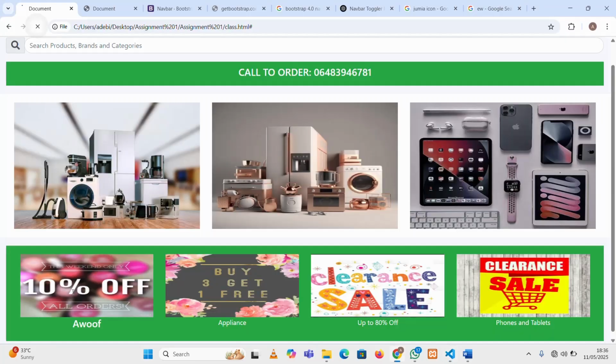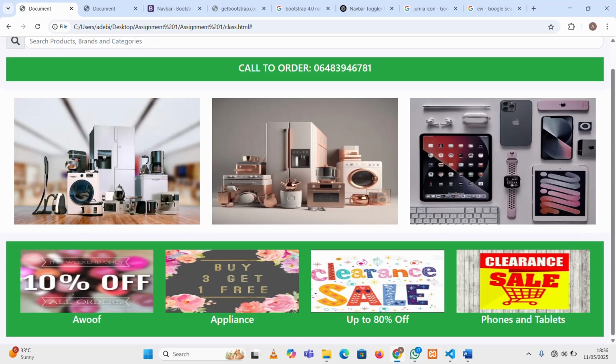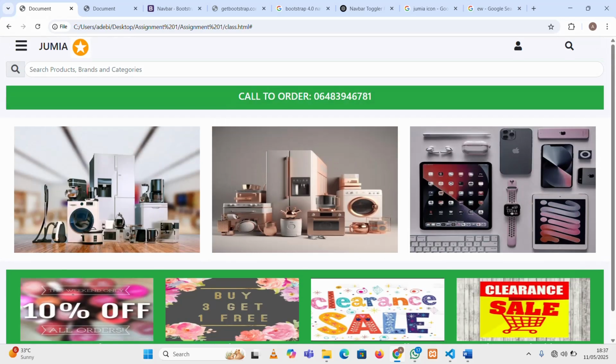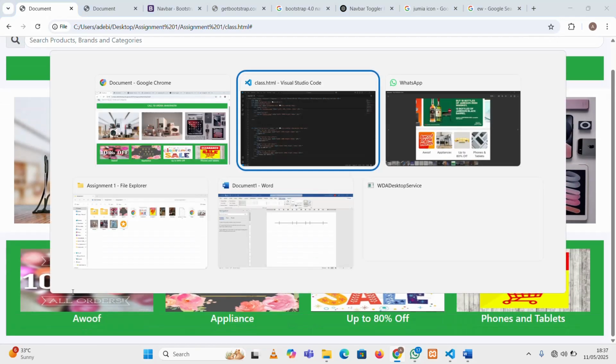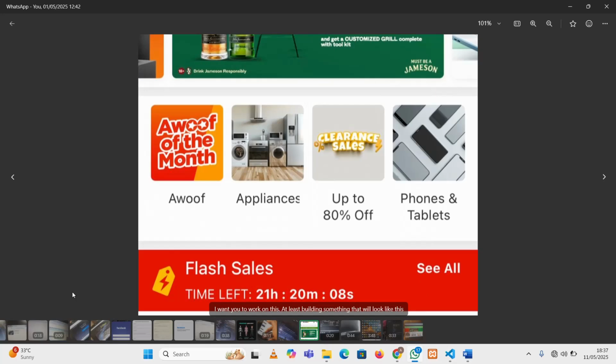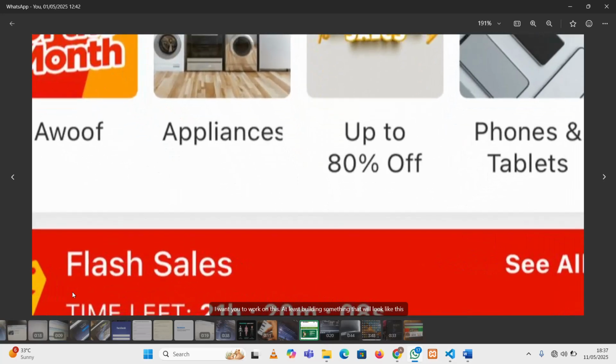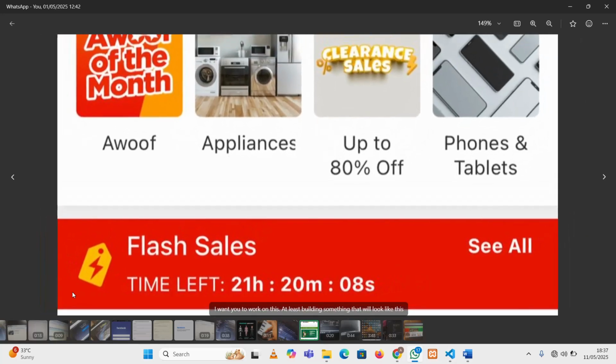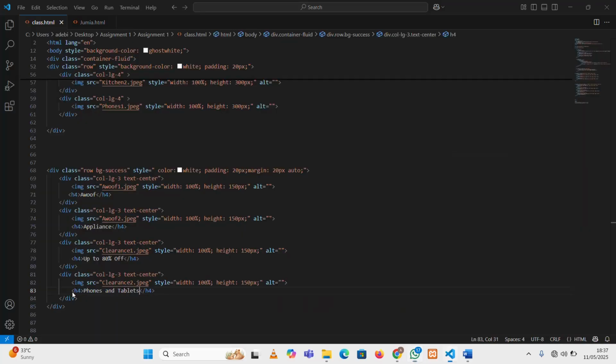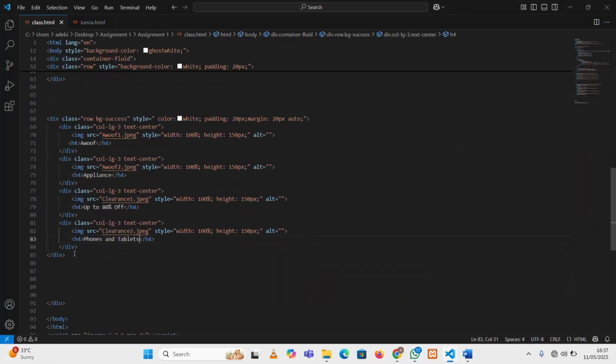So now let's come here to refresh. It's looking better. It now remains the last row here, this flash sales. So this is what we want to do now. With this, we just create another row,